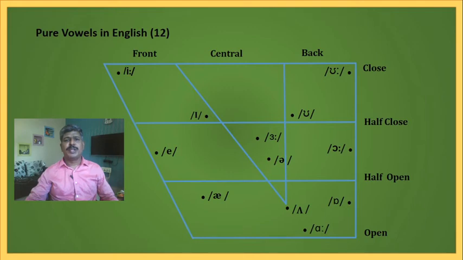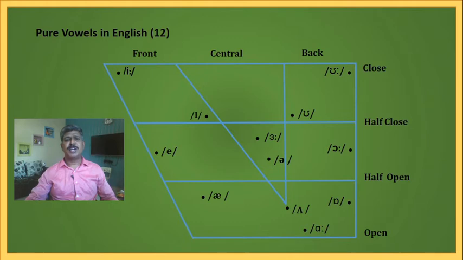Dear students, today we are going to see the description of vowel sounds in English language. As we have seen, there are 20 vowels, out of which 12 vowels are pure vowels. They are as shown in the diagram and they have been placed at a specific place in the diagram. Now, seeing their position in the diagram, we can give the three-term label to these vowel sounds.